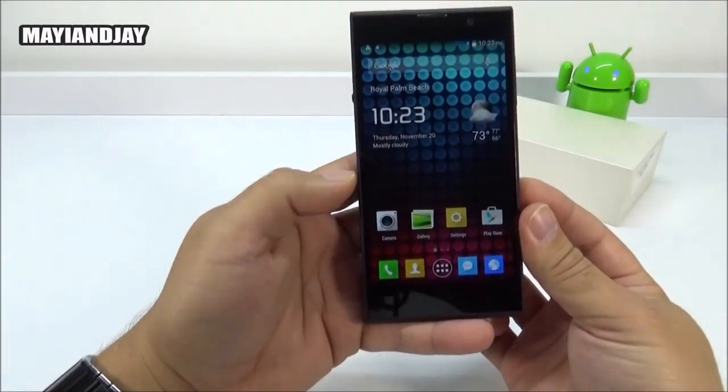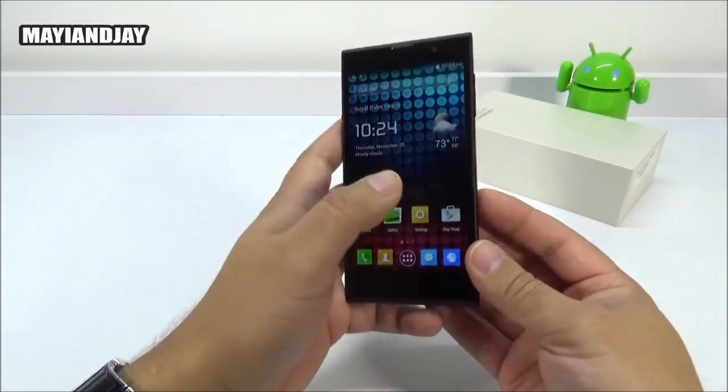The next thing we're going to test on this device is going to be the camera, which I think is absolutely great. The back is going to be